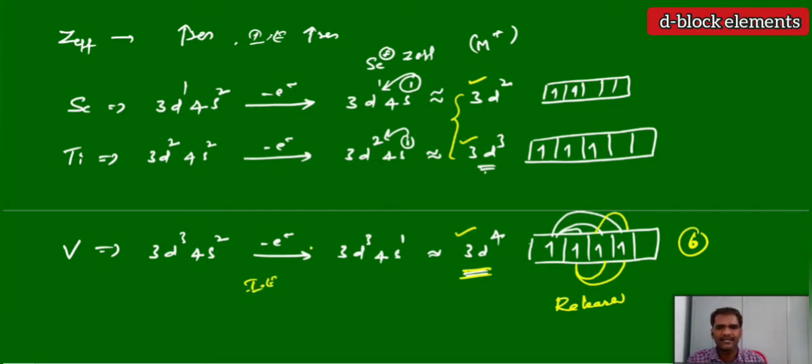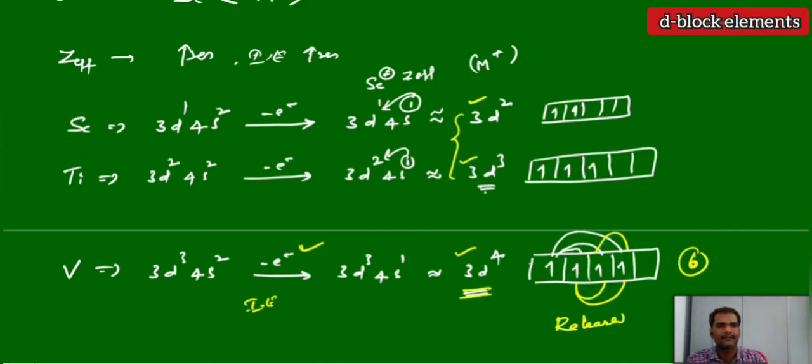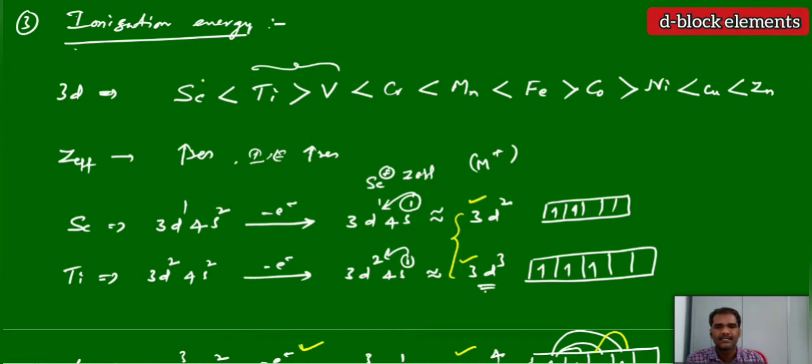The difference between energy absorbed and energy released is very less here. Because released energy is more, we are getting the 3d4 configuration very easily. When we are getting this 3d4 configuration after removing an electron, we can easily remove an electron from vanadium compared to titanium and scandium. Again we will come back to the ionization energies. If we compare removal of an electron from scandium and titanium, anyhow the effective nuclear charge is more in case of titanium. That is why it has more ionization energy.